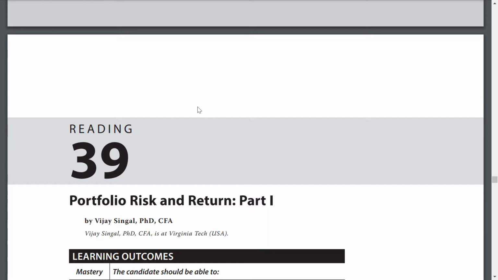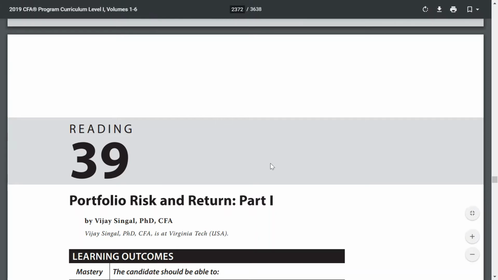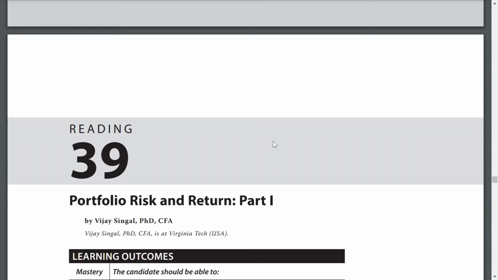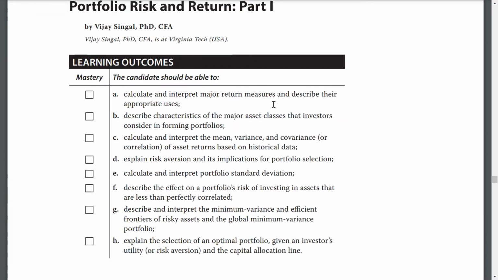All right, Reading 39, Portfolio Risk and Return, part 1. Learning outcomes: the candidate should be able to calculate and interpret major return measurements, describe their appropriate uses, describe characteristics of the major asset classes that investors consider in forming portfolios, calculate and interpret the mean, variance, and covariance or